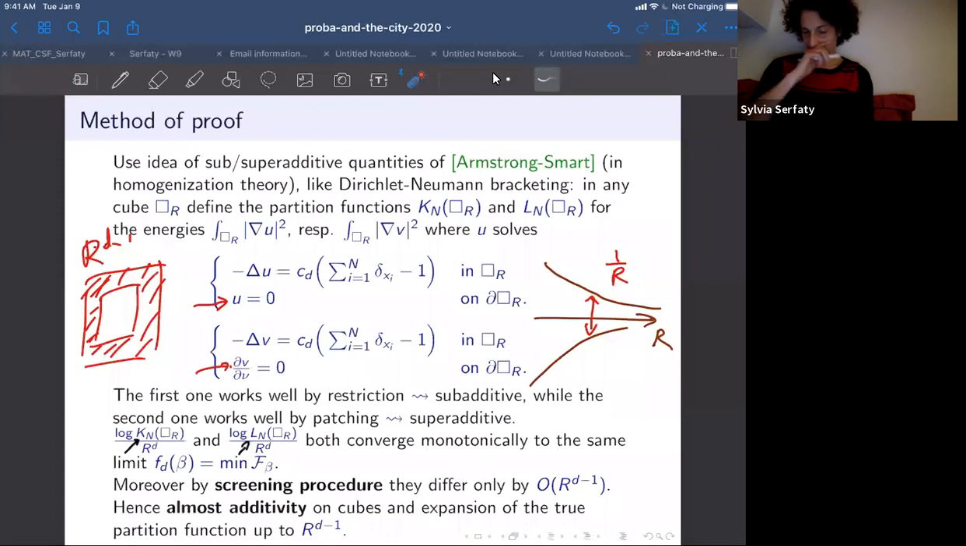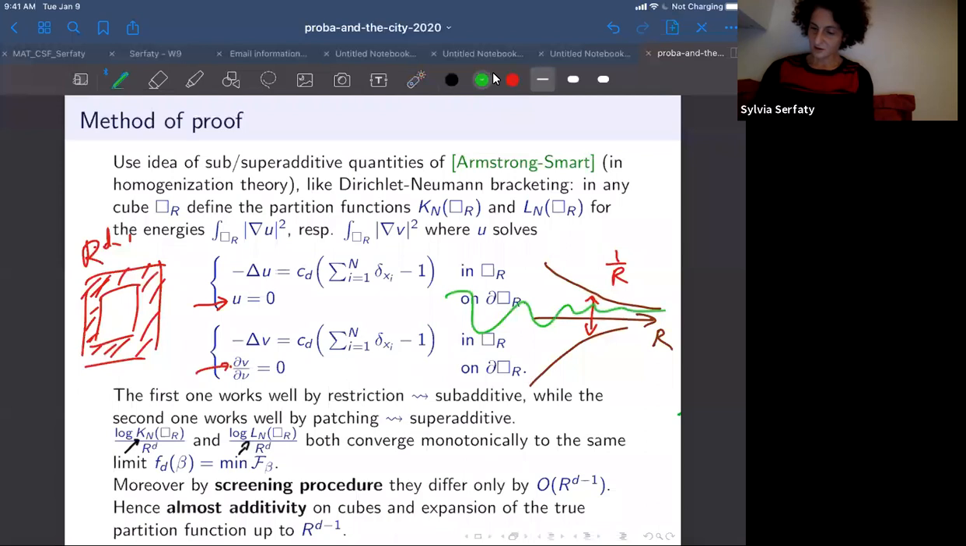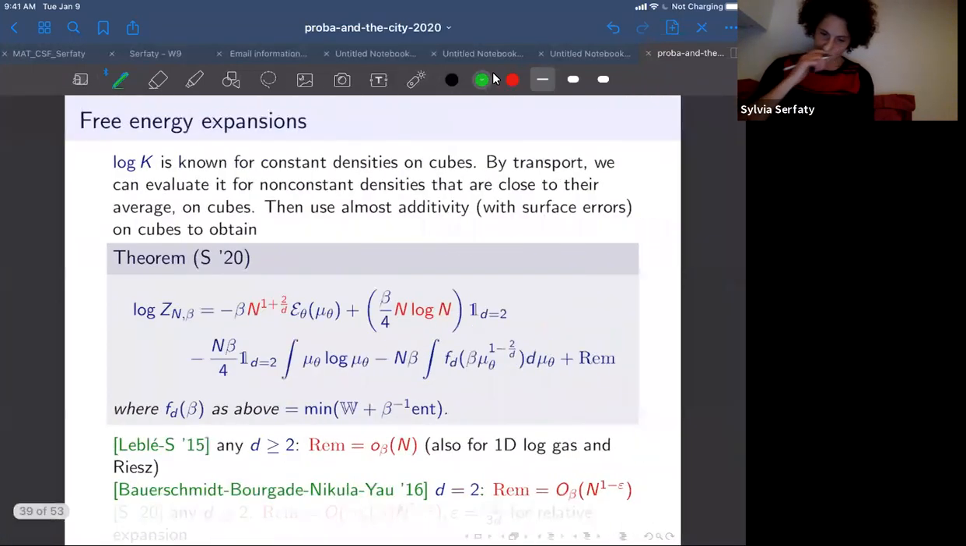And what that shows is that the original true energy, which satisfies neither Dirichlet nor Neumann, is somewhere in between. And so it has to converge in the same way to the same limits with a rate. Now we get a rate, 1 over r. And the limit, we call it f of beta, because it's a function of beta. And this f of beta, you can characterize it as the minimum of the rate function that we had defined with Thomas Leblé. So I don't want to bore you too much with all that,